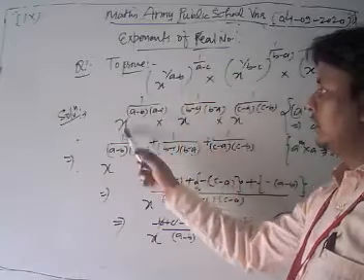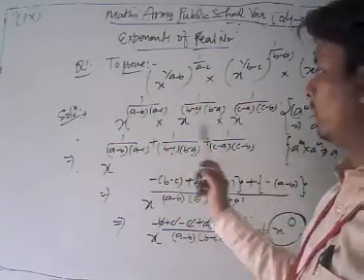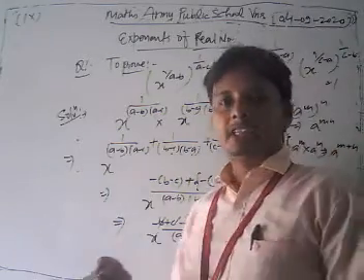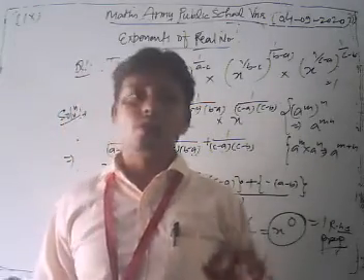We multiply them. Now we apply that rule. We apply that rule here. After simplifying them, we get our result as x to the power 0. So we write x to the power 0 as 1. So dear student, this is the process to solve that type of question.